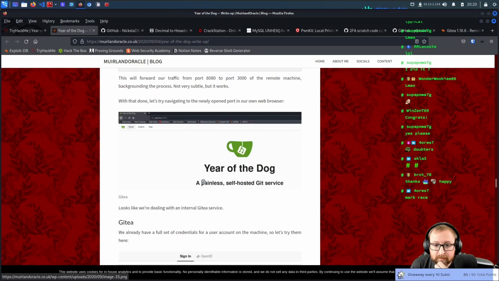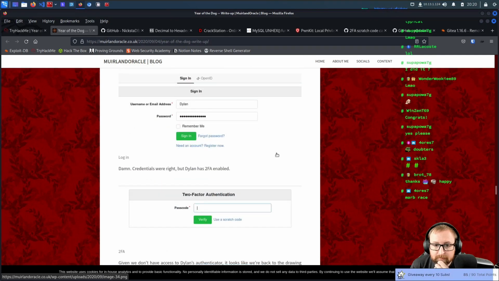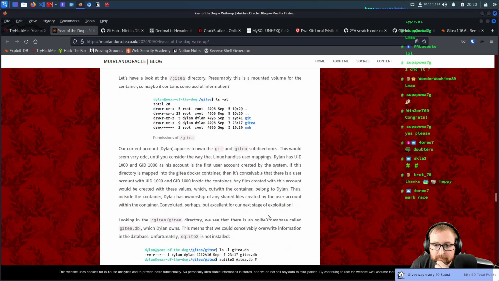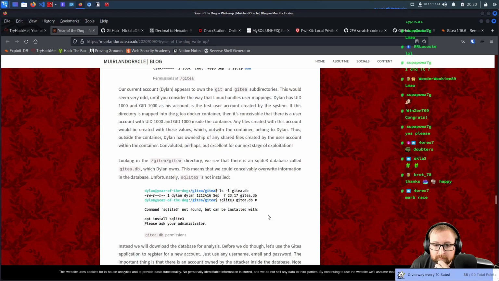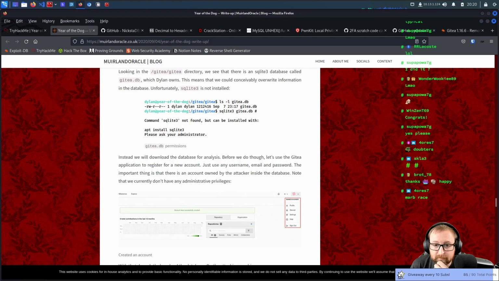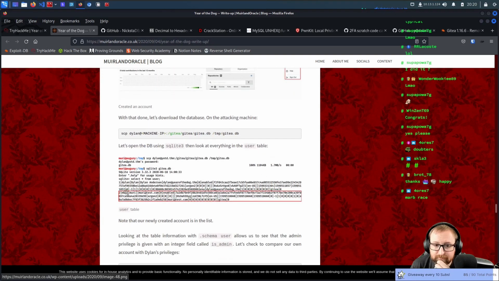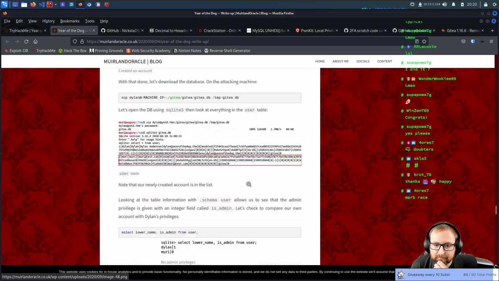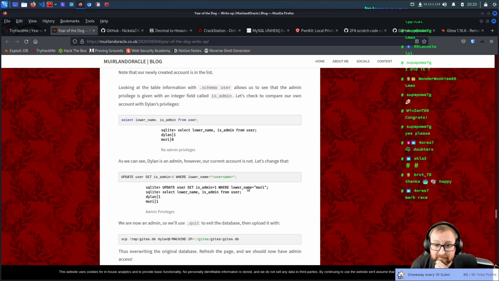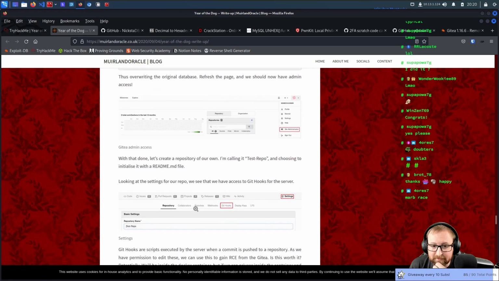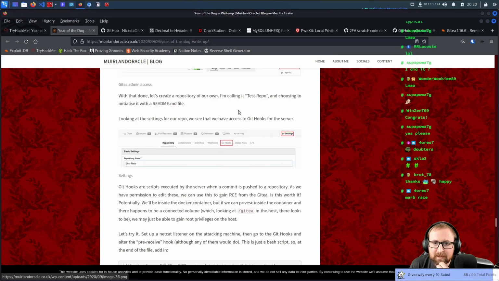Port open 3. Yep, did that. Blah blah blah. Katia. Dylan has 2-factor authentication. Oh, they did. Yep, literally how we were supposed to do it. Download the database. They just changed the user to an admin, which I guess makes sense. I just deleted the 2-factor off and changed their password, so that was easy. Okay, yeah, so that was how we did it, and then yes, the only weird thing about this box was